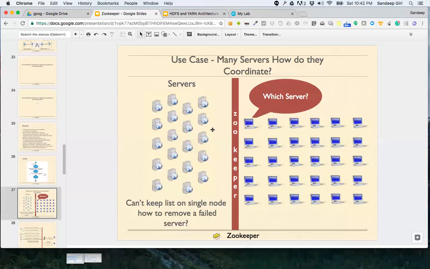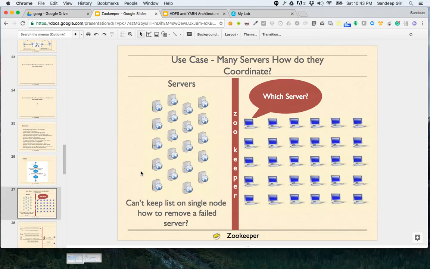All the servers will keep their ephemeral nodes. These ephemeral nodes created by these servers will contain the IP address of the server. As soon as a server goes down, the ephemeral node disappears, and therefore Zookeeper will not give the details of the servers which are down to the clients. So a client comes to Zookeeper and says ls -l servers. In that list, only those znodes will be there for which the servers are up.